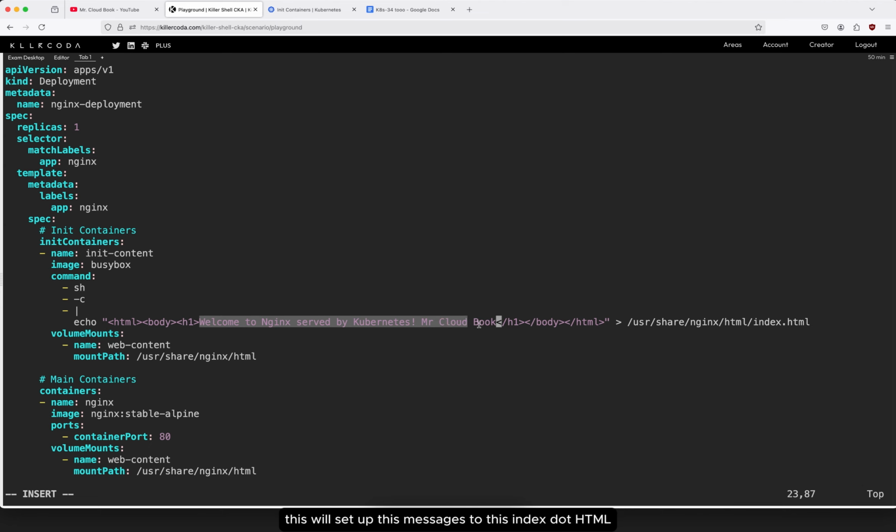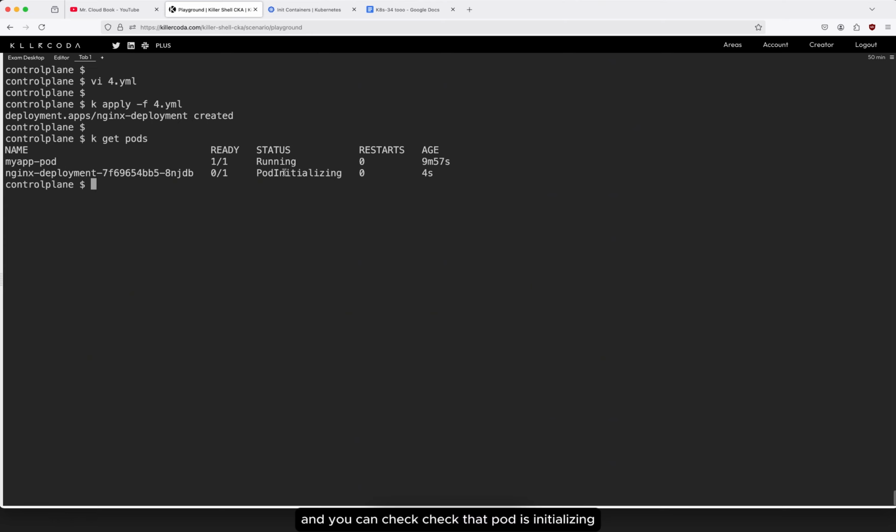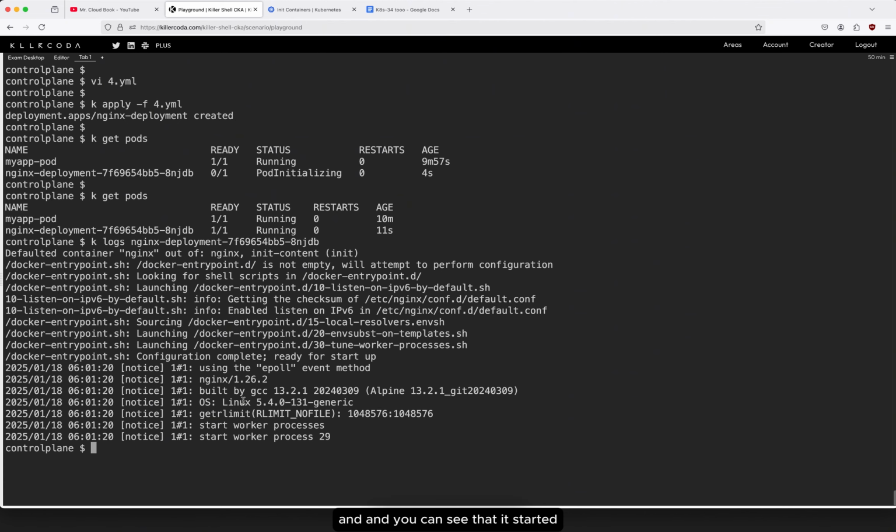First this will set up this message into index.html. Once that is done, the main container will run and use this particular index.html. So whenever I see the output, it will give this message, welcome to Nginx served by Kubernetes, okay. Come out of it, k apply -f 4.yaml, it's created, k get pods, and you can check that the pod is initializing, so it's creating, k get pods again. So that is done. And if you see logs, k logs and this pod, enter,